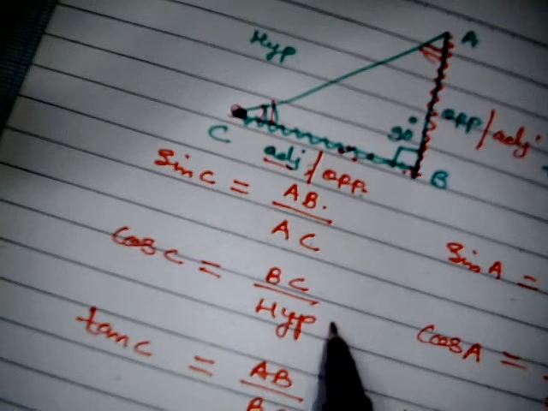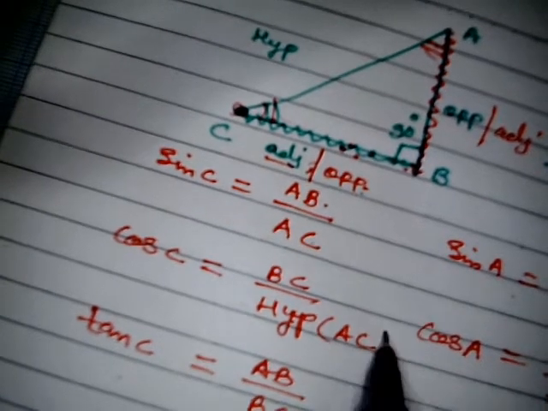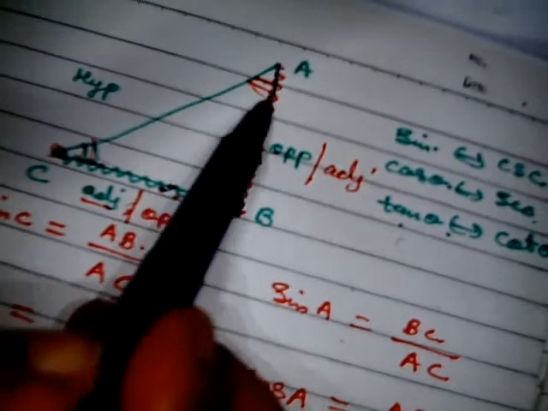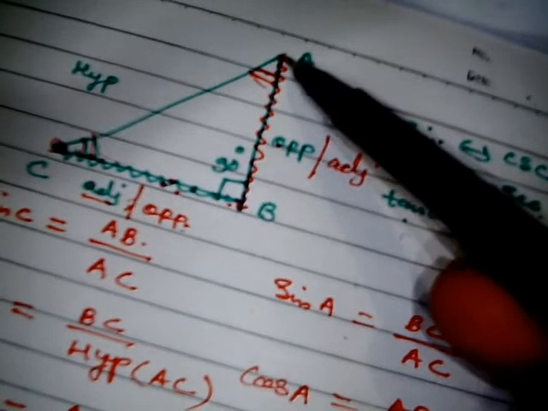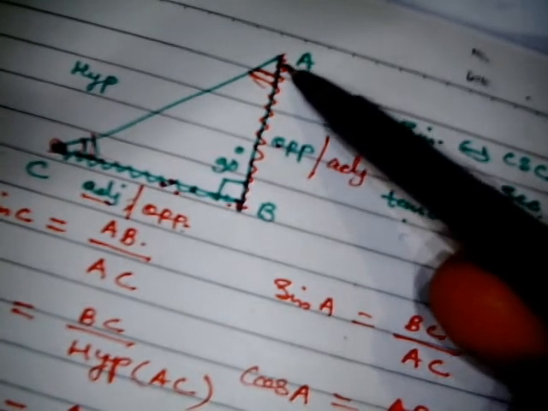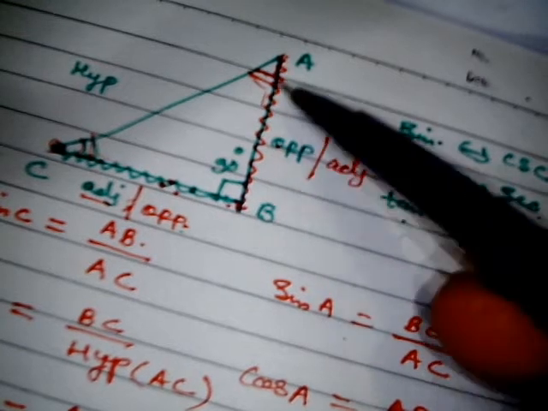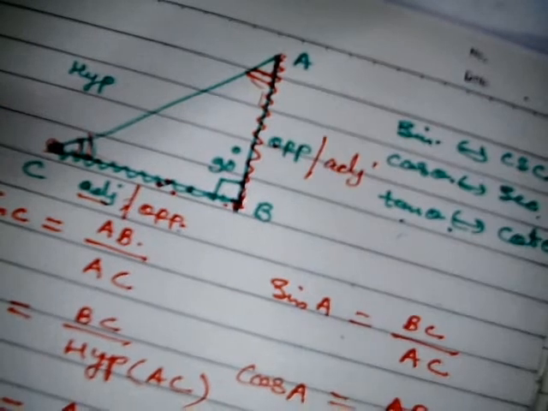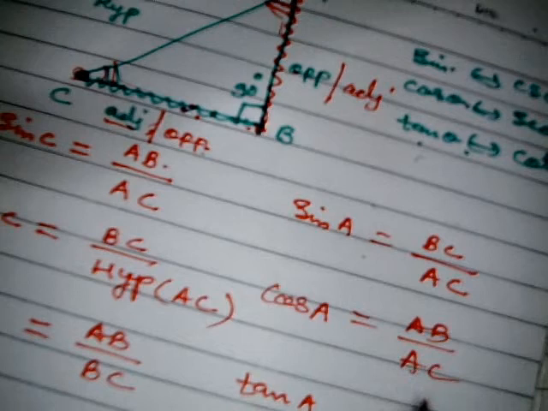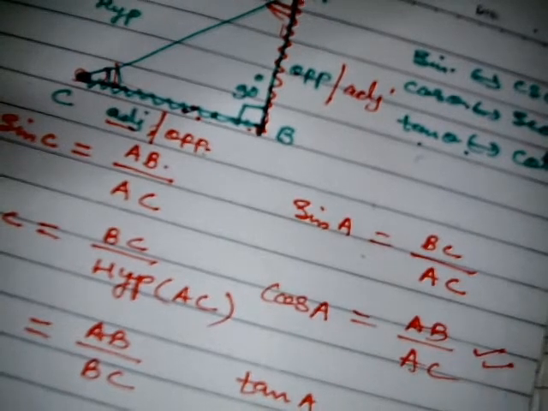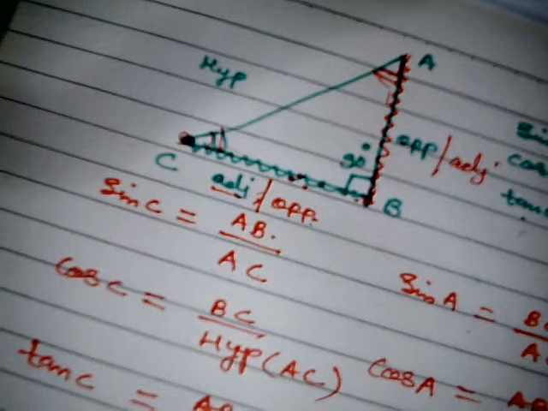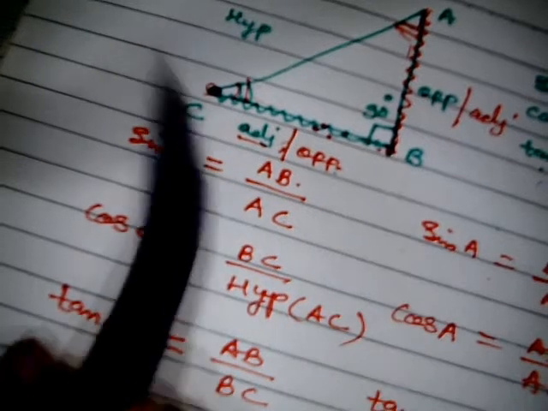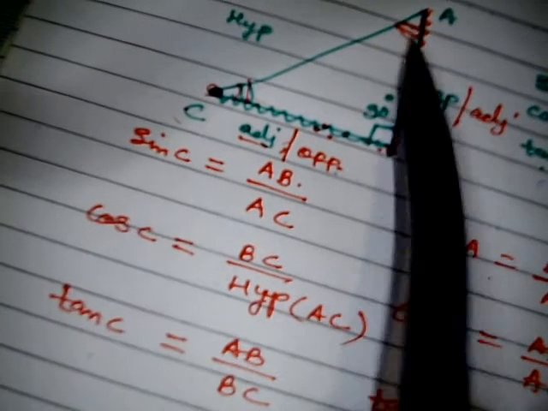Okay, now I am going to define cos A. For cos A, with angle A, the adjacent side, meaning the attached side, is AB. So this is going to be adjacent for A angle, adjacent upon hypotenuse. So adjacent is going to be AB and the hypotenuse is going to be AC. So this is defined cos A. Now I am going to calculate tan C. What is tan? Tan is opposite upon adjacent. So for C, the opposite is this side, so AB. So AB upon adjacent BC. So this is tan C.